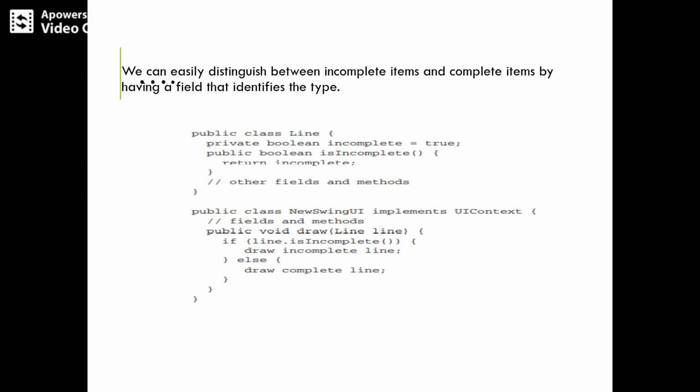So we create classes for incomplete items, such as incomplete label, which are subclasses of label. The incomplete label class should be unaware of this instance. Once the object is created, the incomplete object can be removed from the model.